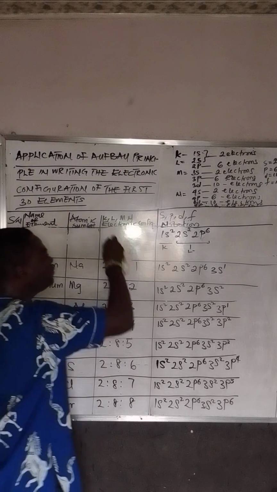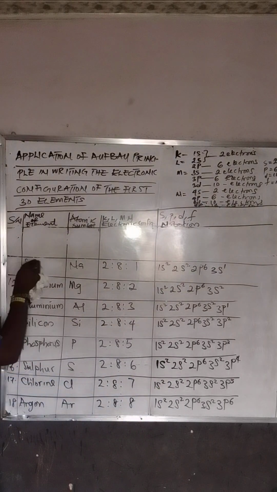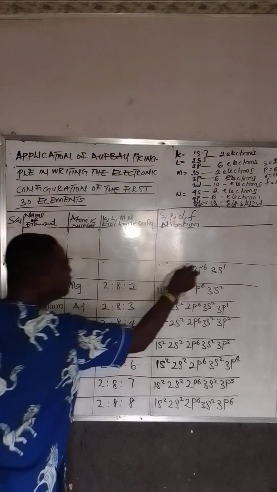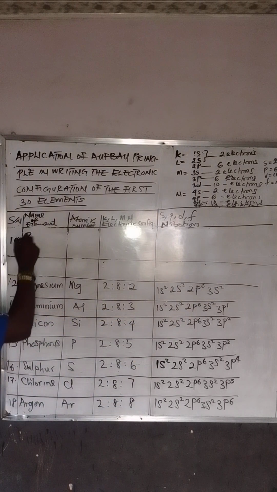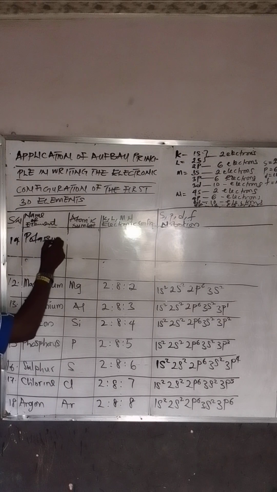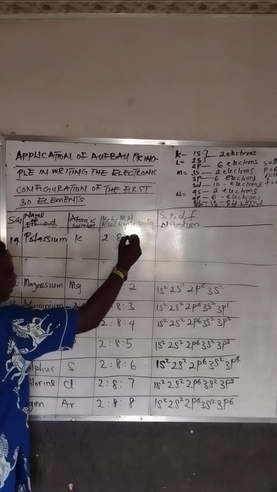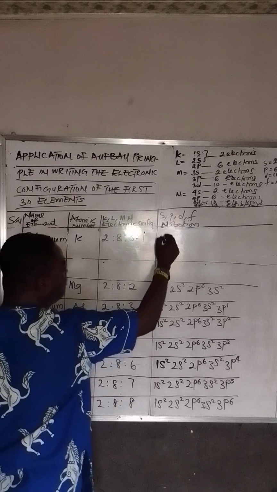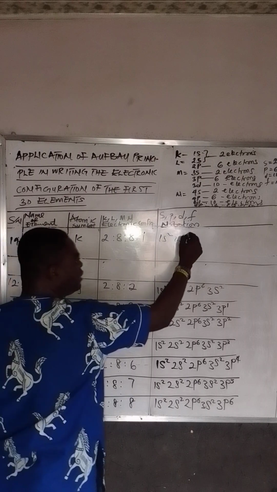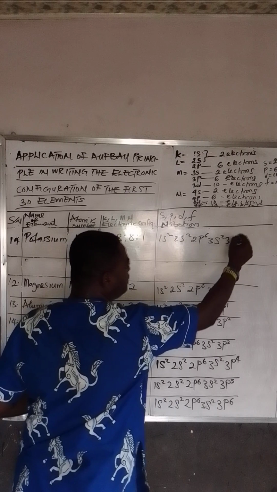potassium. Now, number 19, which is potassium. Potassium, K. Configuration is 2, 8, another 8, then 1. Then the configuration will have 1s2, 2s2, 2p6, 3s2, 3p6,